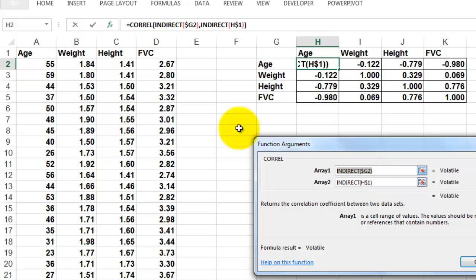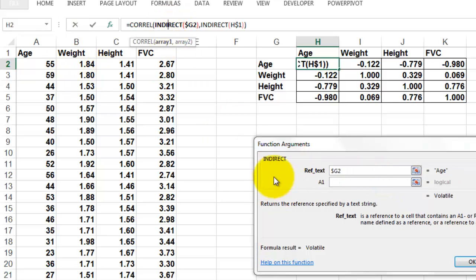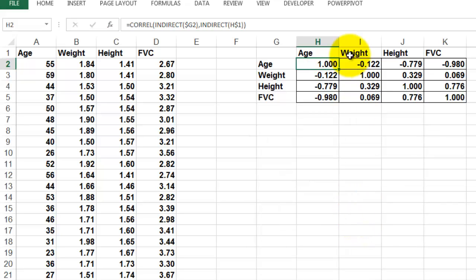And if I do that, let me show you here, here is the INDIRECT function. Make G2 a locked G, so it will always be in column G, even when I copy the formula to the right, but 2 will change into 3, 4, 5, etc. How do you do that? With the famous F4 key, and you keep doing F4 until you get what you want. G locked, 2 not locked, nothing locked, etc. Then I copy that formula down, I copy it to the right, and I find